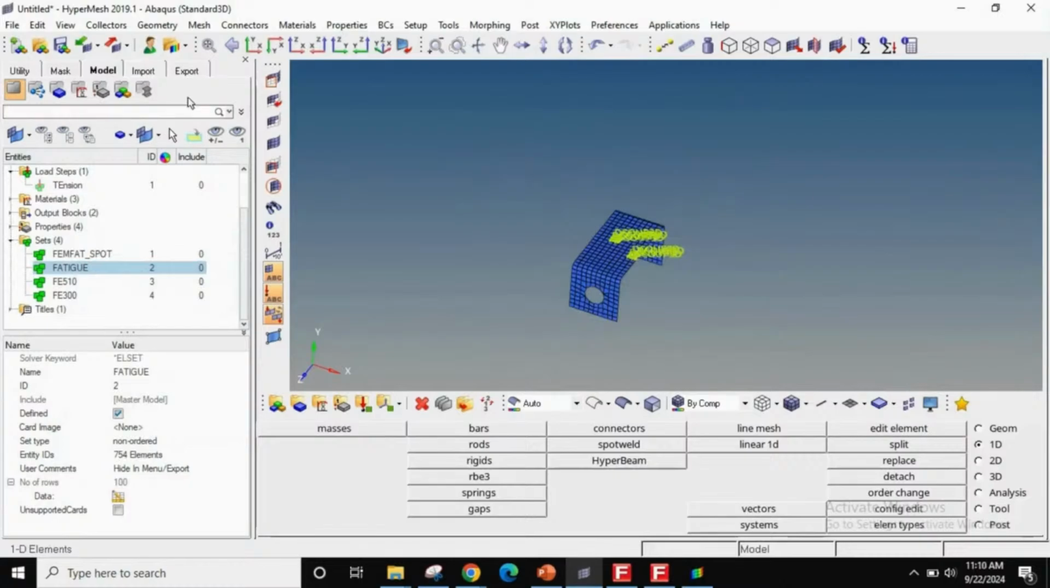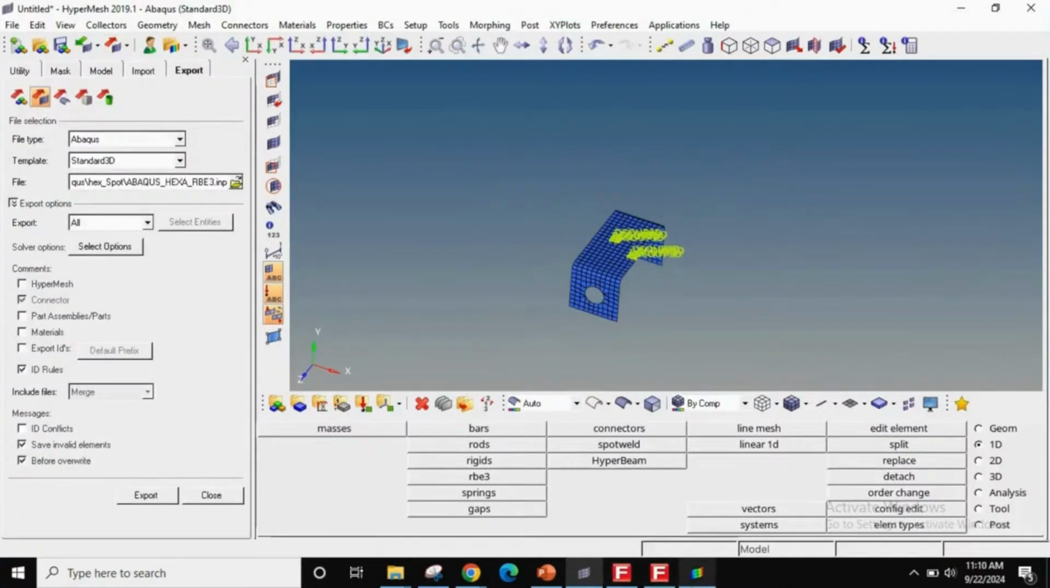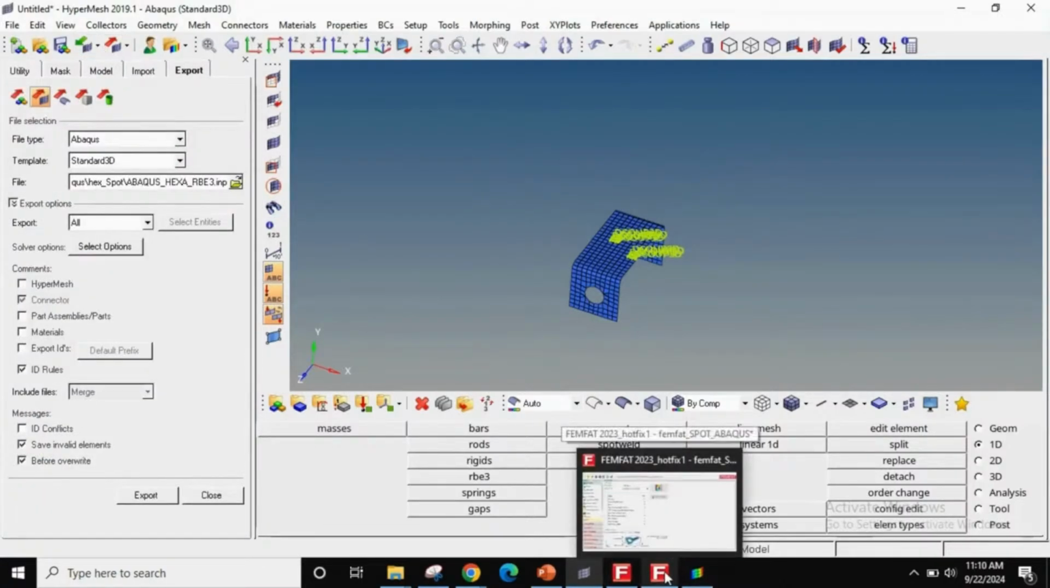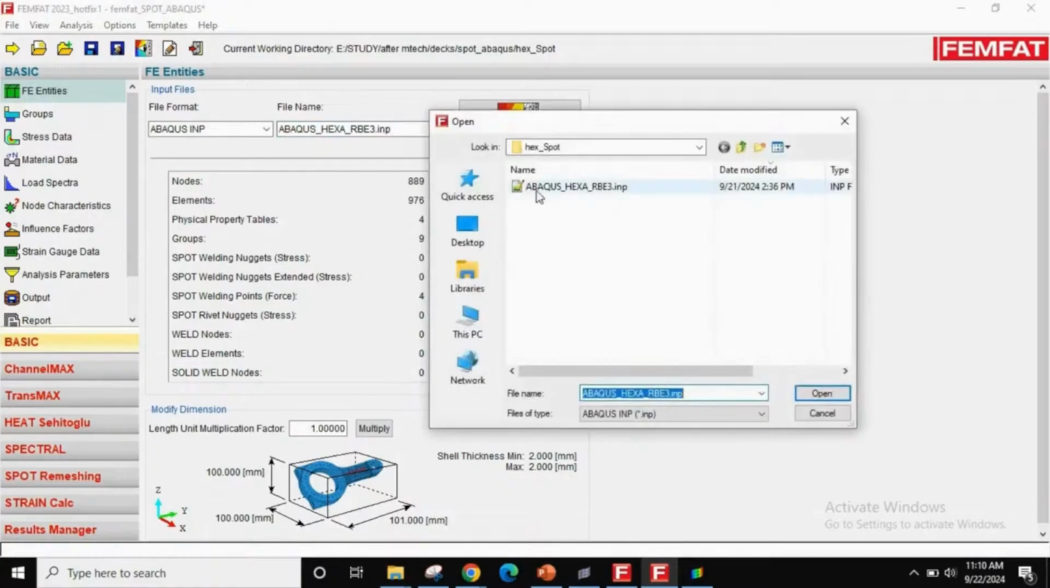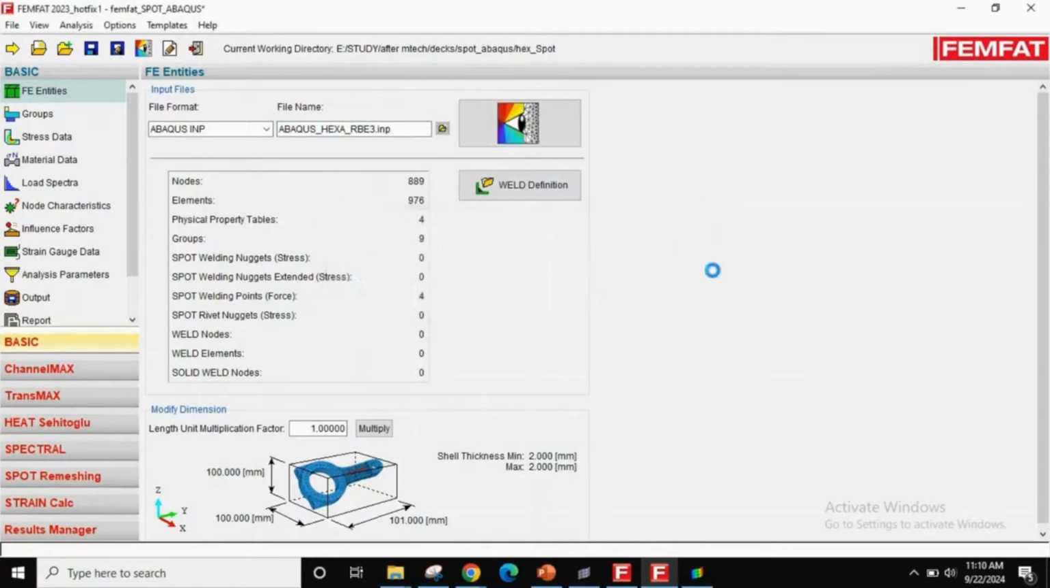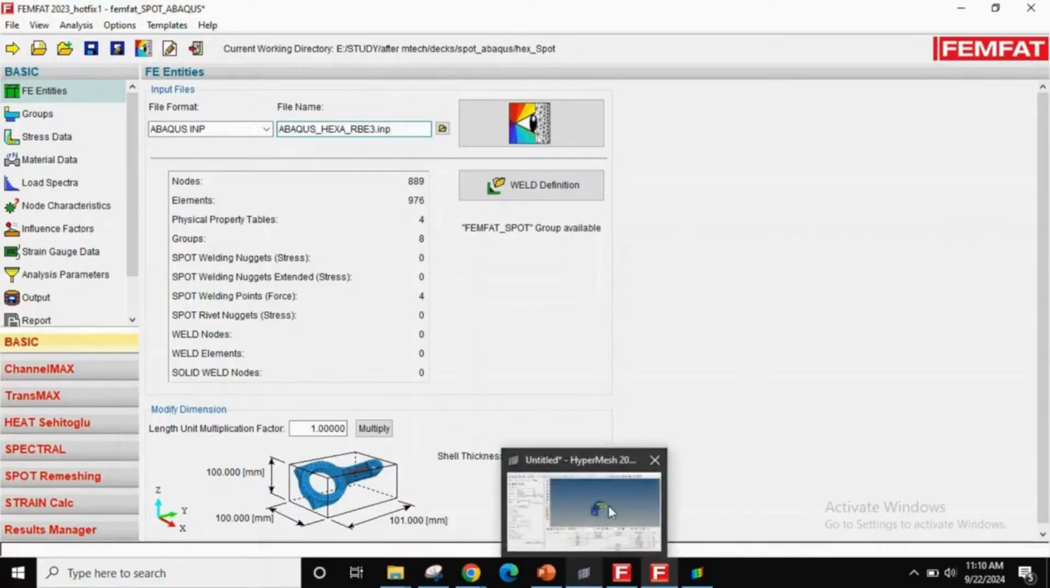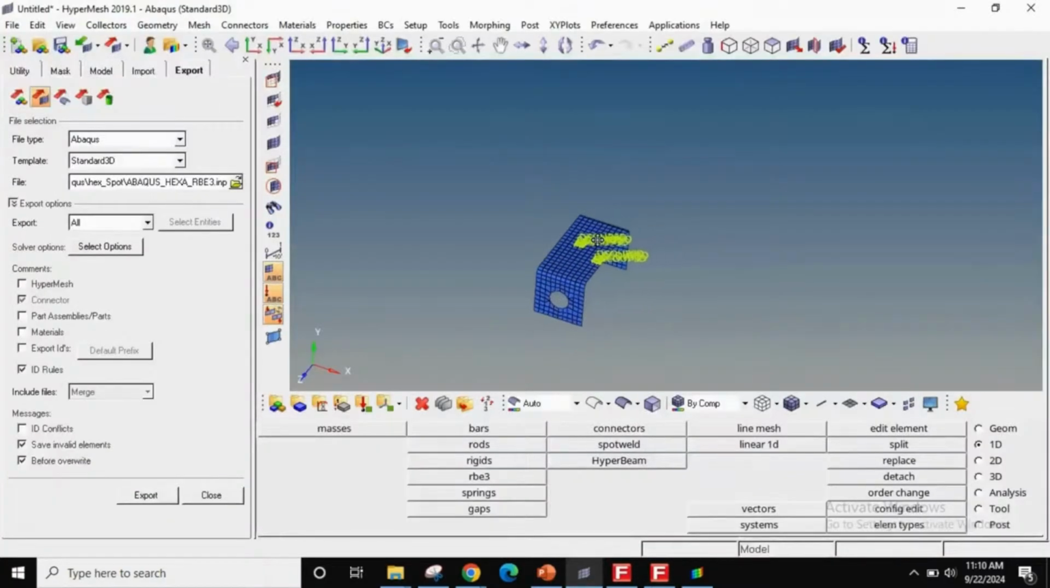Okay, so once this is clear, I will export this deck, solve it, get the ODB, and then I can import this in FEMFAT. So in FEMFAT basic, I will read this INP. Once you read this INP, you can see the spot welding points will be there. So this is 4. Why is it 4? Because if you see here,